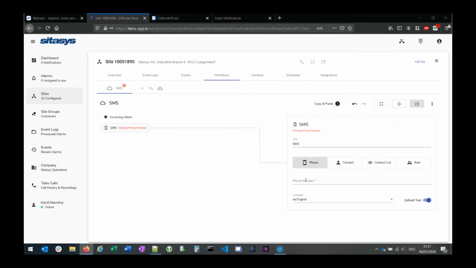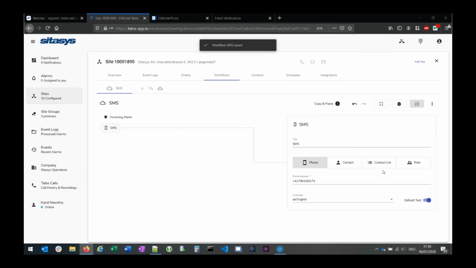Then I can enter a phone number, or I can select a contact, which can also be configured and edited under company. Then I can choose a contact list. The contact lists are also managed in your company settings, or I can select a role, so all users that have that role will receive an SMS. But for this case, I simply put in my phone number